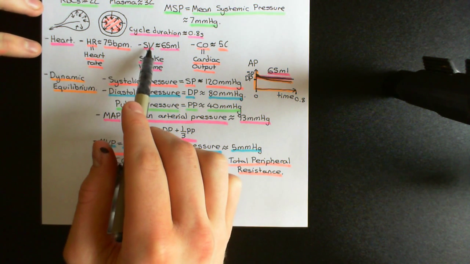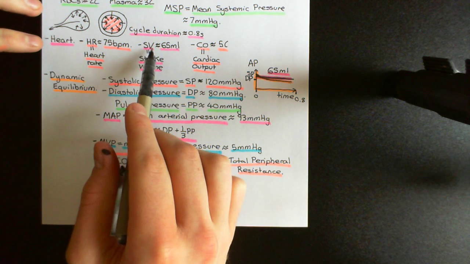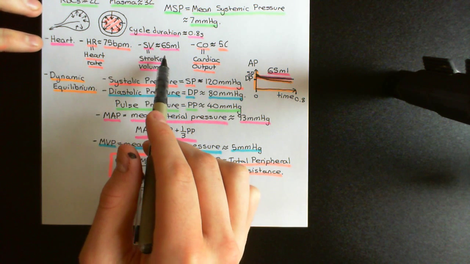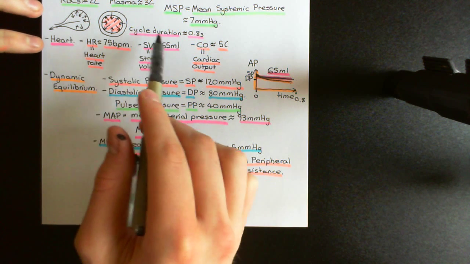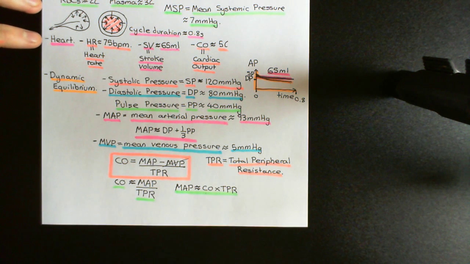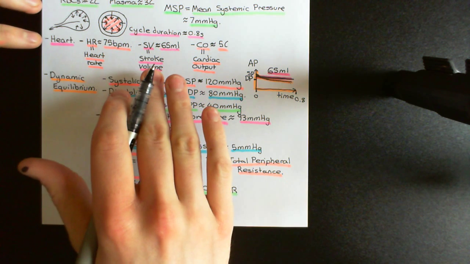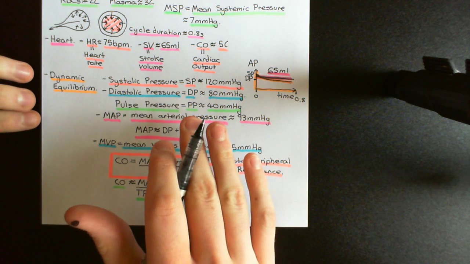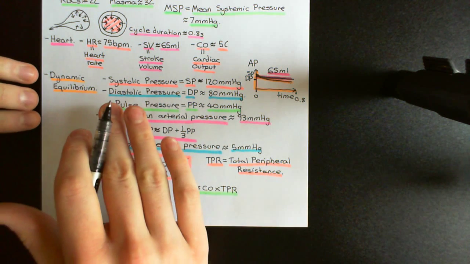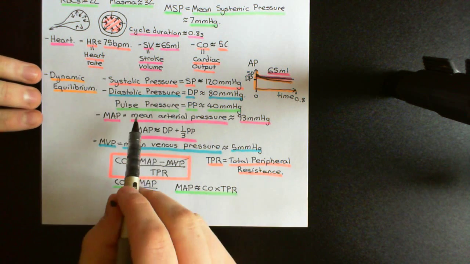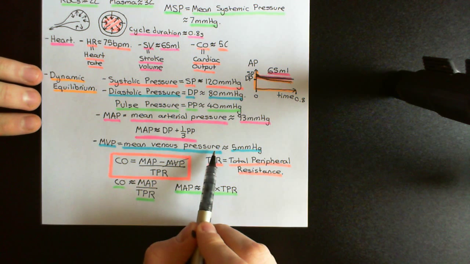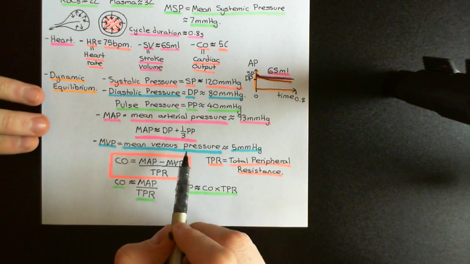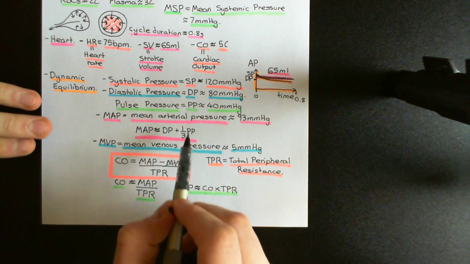So there's a fixed stroke volume that is independent, we assumed, of what the pressure in the venous system and the pressure in the arterial system were. Okay, and that had the great benefit that it meant that it was much simpler to understand what was happening. So it was a nice simplification, and it got across this incredibly important concept that you're going to build up this dynamic equilibrium where you have a certain mean arterial pressure and a certain mean venous pressure, and when you've built up this mean arterial pressure and this mean venous pressure, that will have a pressure